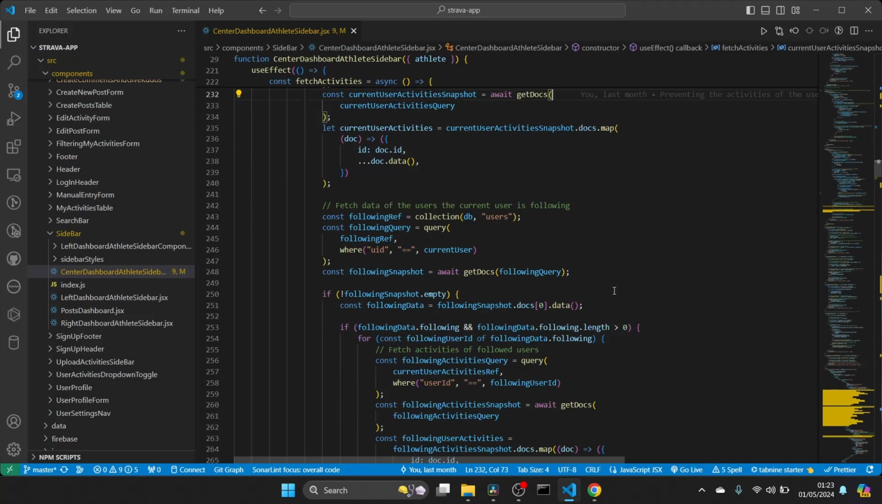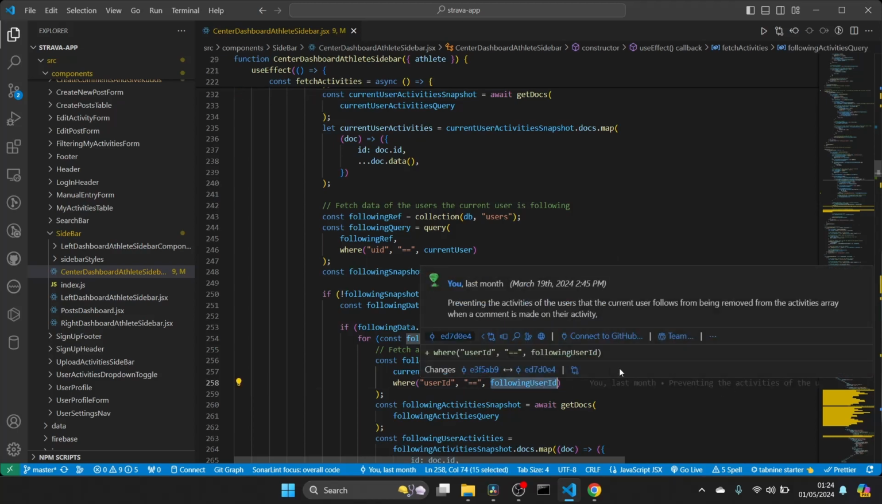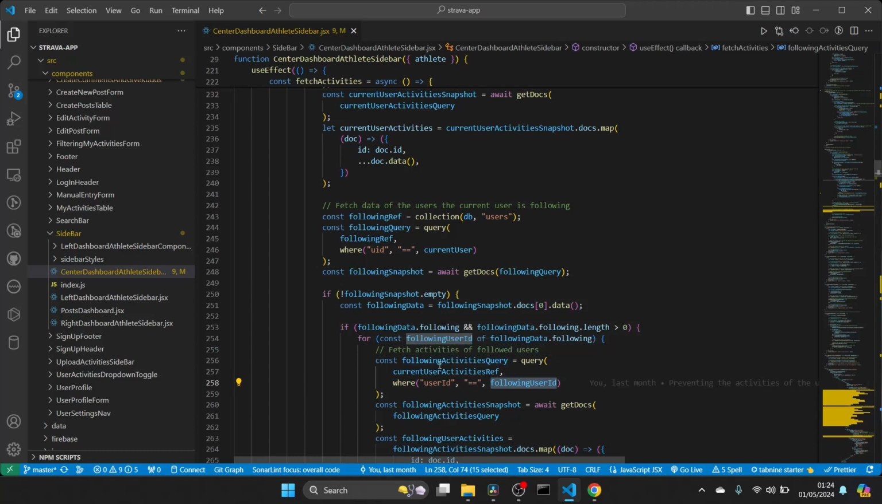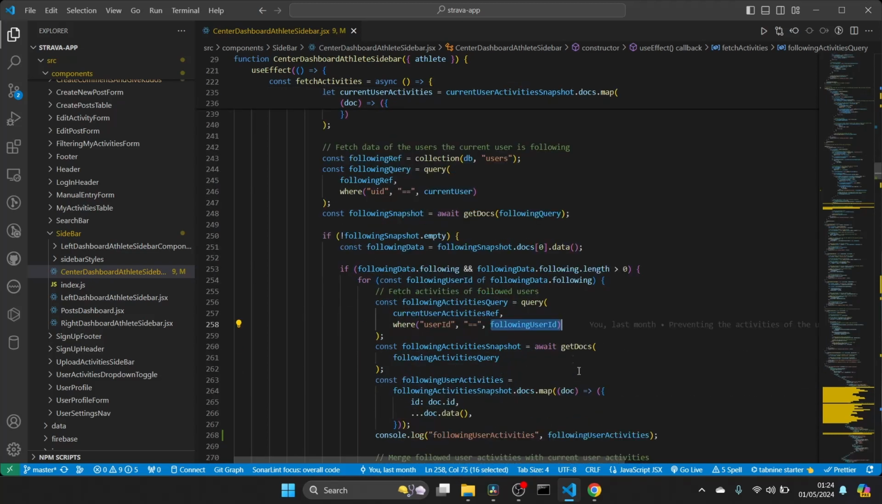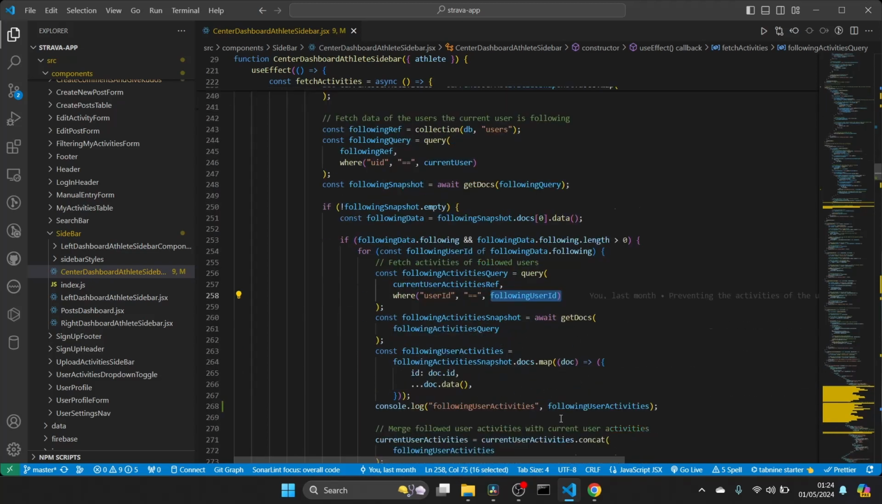And for the users that the current user is following, we effectively also query the user activities collection to see if the user ID matches the user's ID, right? So we literally query inside the user activities where the user ID equals the following user ID, and then if so, we get those documents and we map over those documents. And then now